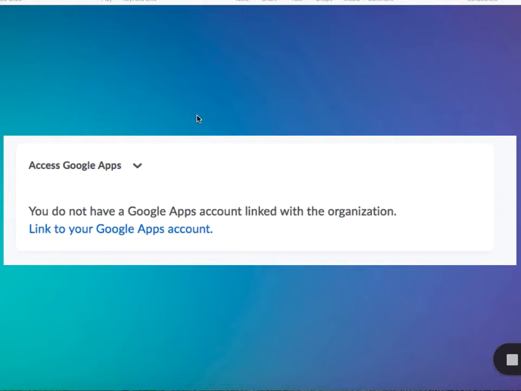Accounting. Today, I'm going to show you how to upload a Google Drive document into your Brightspace assignments. In order to do this, you need to make sure that your Google Drive account is linked to your Brightspace